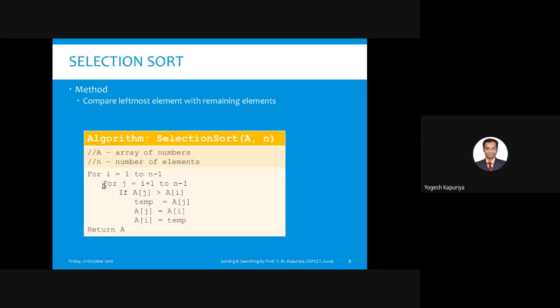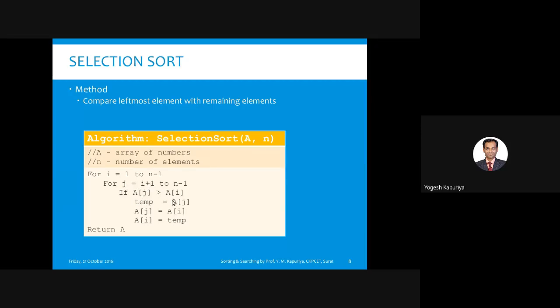What happens is now you will be comparing that ith element with every element subsequent to i. So you are running another loop j which starts from i plus 1. So j is equal to i plus 1. It goes till n minus 1. If your i is 1, then you are starting from the second one. So first element will be compared with second. Next time j will be incremented. So first will be compared with third. Then first will be compared with 4. Then first will be compared with 5, and like this.